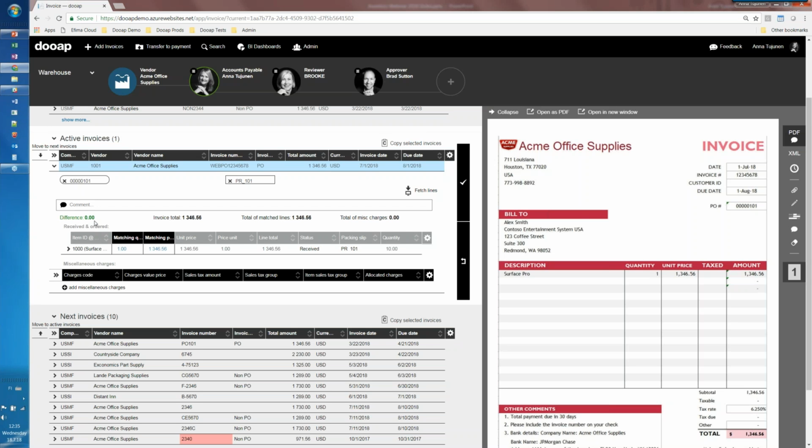We have a restriction here that you cannot allocate the same quantities, the same pieces, to two invoices at the same time. So we have a functionality that if I'm trying to match the same lines to 2 different invoices, I'm able to see which other invoice is actually using this.